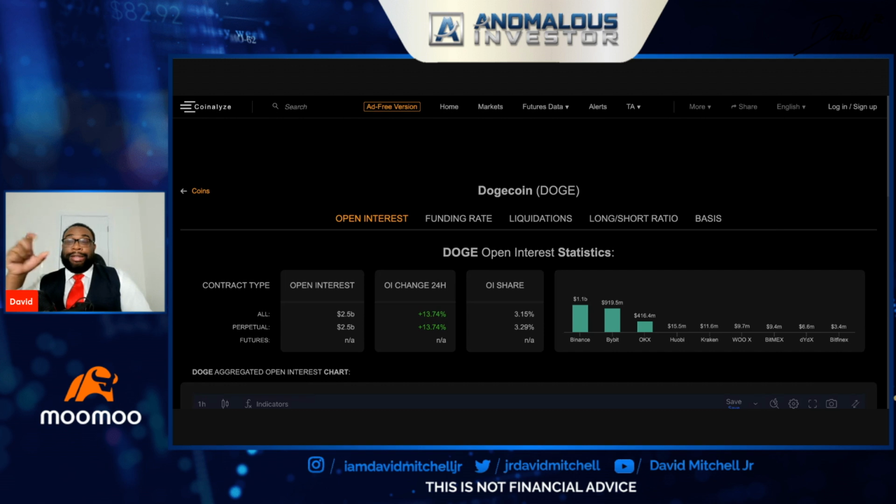When it's on a roll, it blows through previous resistance points, right? Doge has been known to do that. Let's say, for example, a resistance point at 55 cents. Doge has been known to push through resistance points, especially when things are rolling, and just simply go to the next one. So it's not out of the question. That's something that we're going to look for. That's why I want to look at this, to gauge the strength of the movement. So overall, great call on our part. We got it 100% correct as far as where we're consolidating and the important zones that we